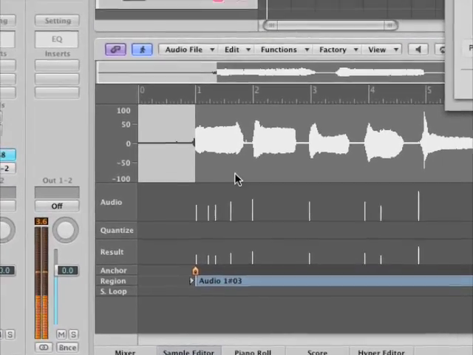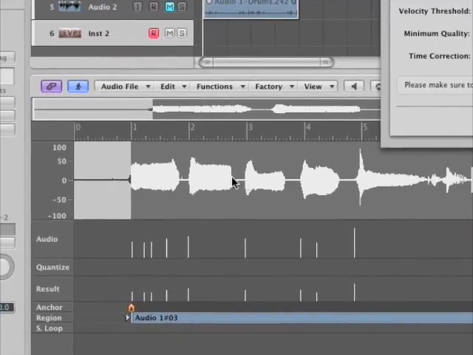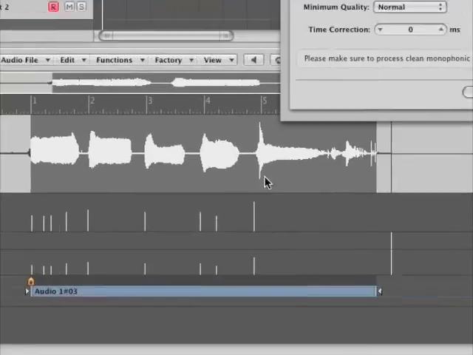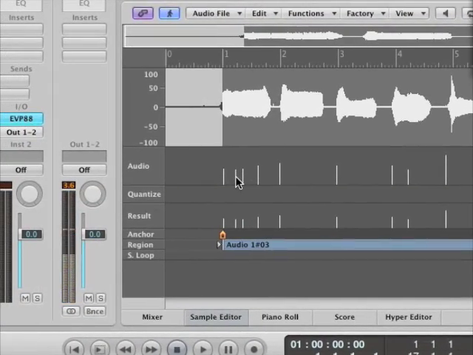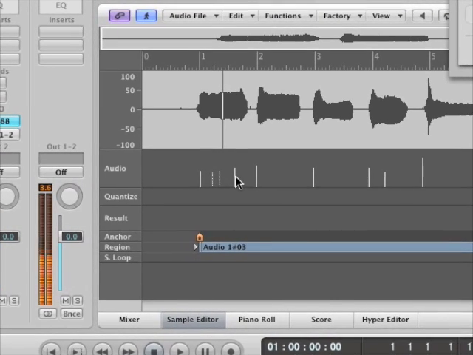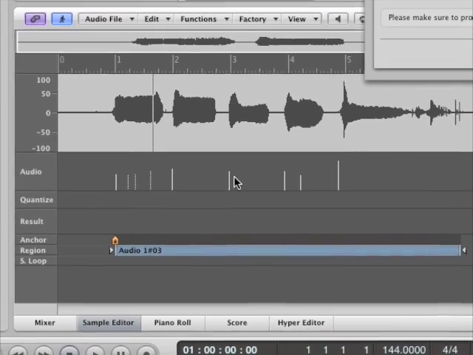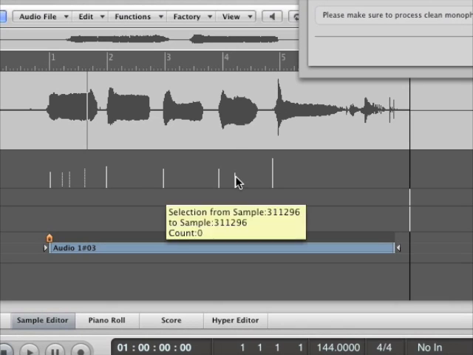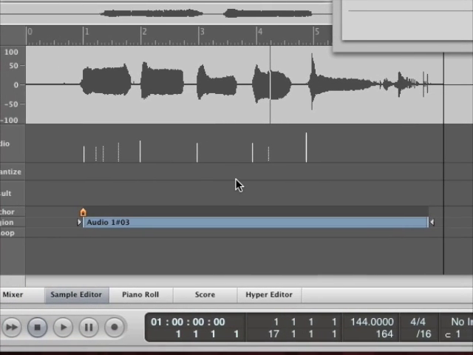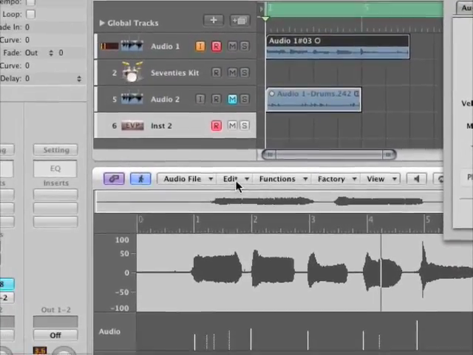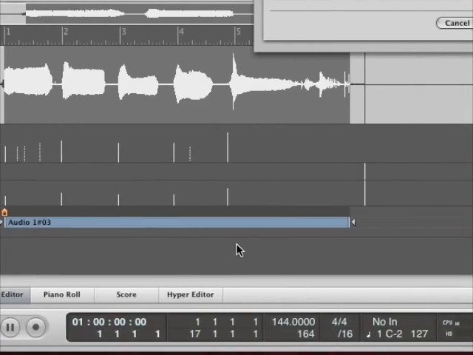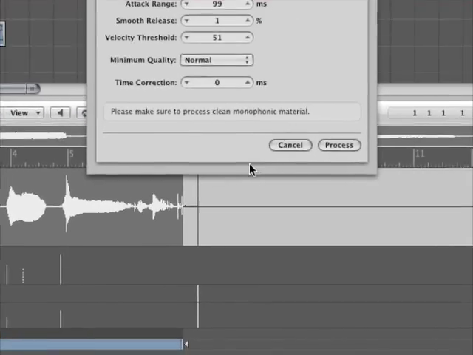As you see, because I didn't sing that many notes, I'm singing la, la, la, la, la, right? And so I need these to reflect this. Now what I can do is click on these little lines to tell it I don't want them. I do not want you. I do not want you either. And I do not want you. There, they turn into little dotted lines. If you lose your selection, you can always go to Edit and then say Region of Selection, and it'll pop back up again. Okay, so now I'm going to hit Process,